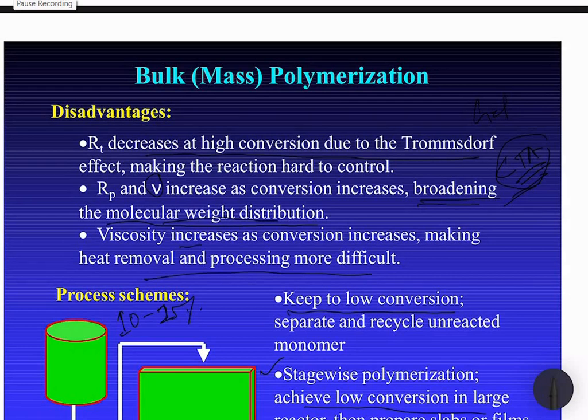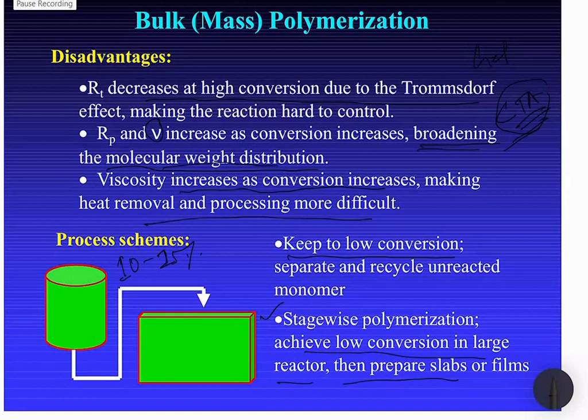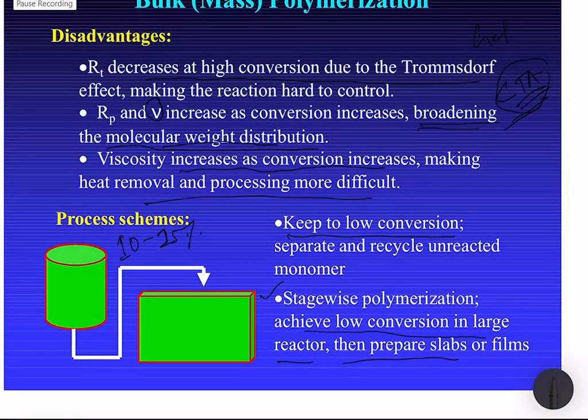Third point is that viscosity increases as conversion increases, making heat removal and processing of the polymer more difficult. Now, why is it being said that the heat removal becomes difficult? Because we know that free radical polymerizations are highly exothermic, and that exothermicity basically controls or drives the polymerization, and because of that heat production during polymerization, and also the polymers which are being formed in general,